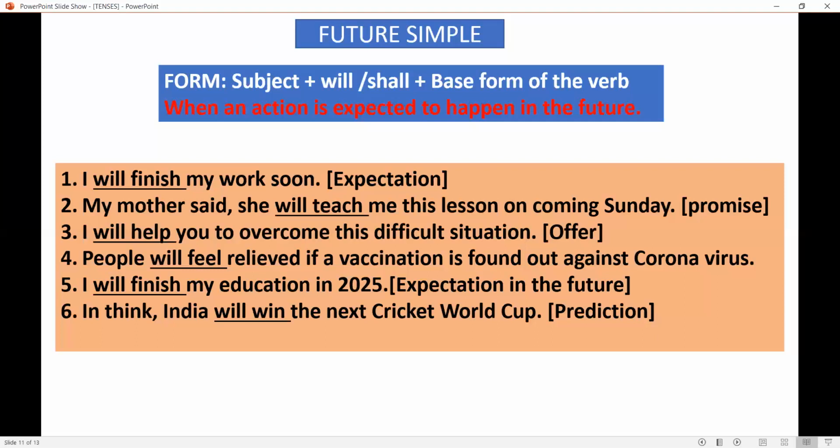Now, example 6, when we are making some predictions, I think India will win the next Cricket World Cup. So it's a prediction. You use simple future tense. Let's move to